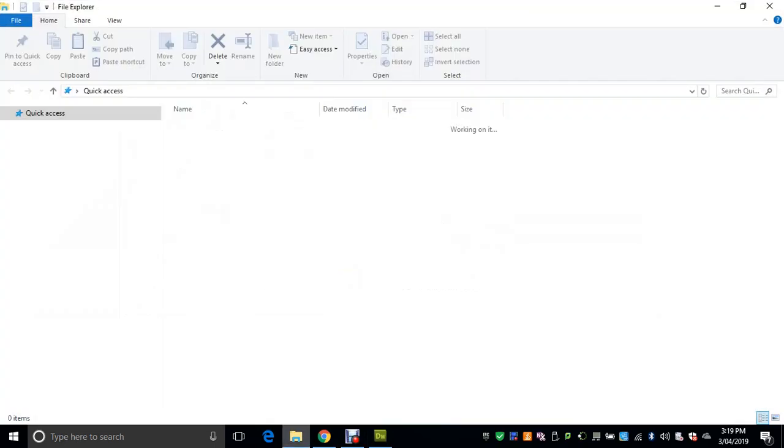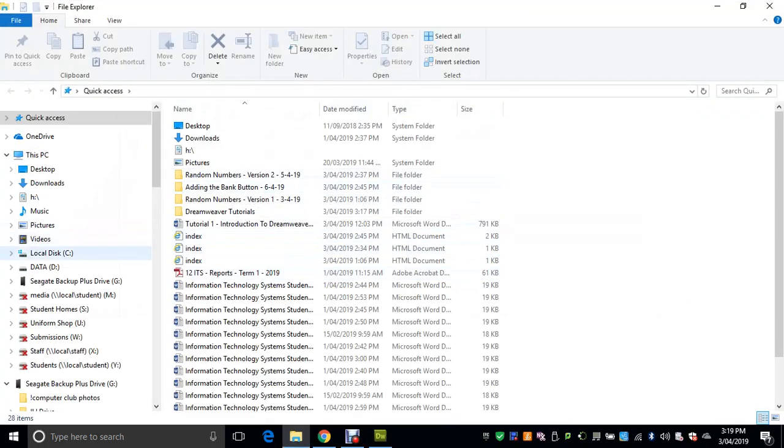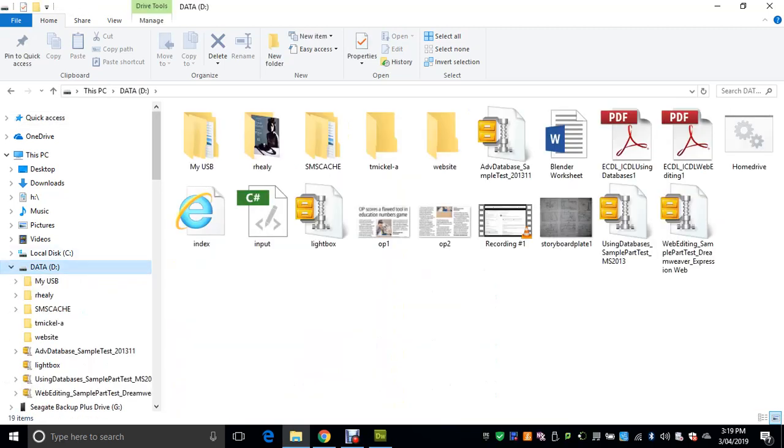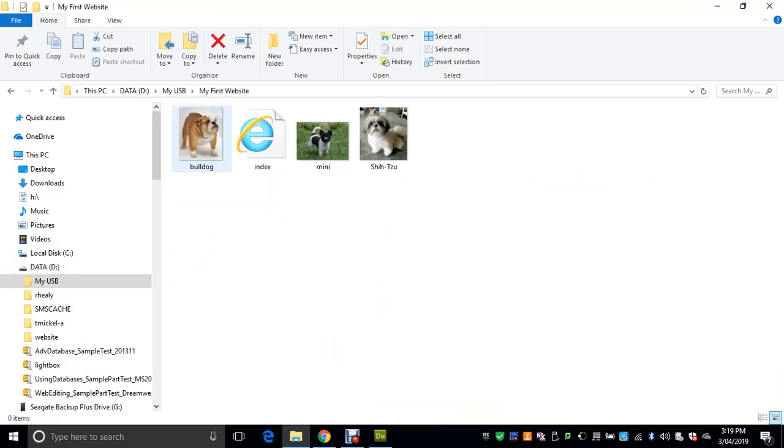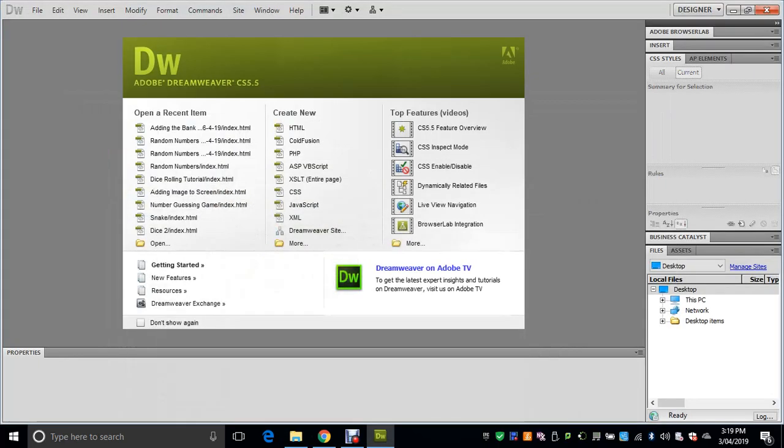So on your USB or on the data D drive, you can make up a little folder called My First Website, and in there we're going to store our index page or our HTML page. We're going to use 3 images of these dogs here for our first website. Okay, so with Dreamweaver,